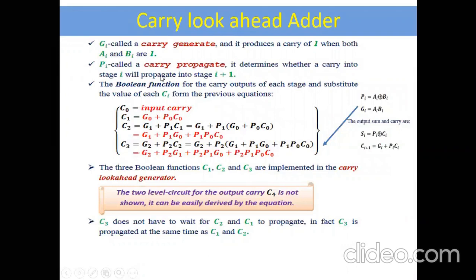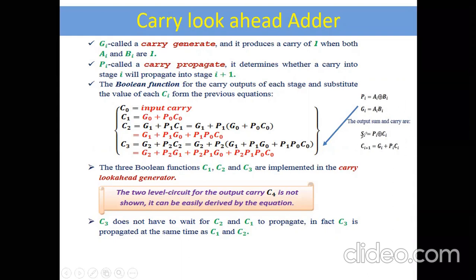In this carry look ahead adder, as I already said, Gi is the carry generate and Pi is the carry propagate. Here C0 is the input carry. Further, how are we going to derive the carries C1, C2, C3 based on the equation we designed? This is the equation we already designed in the previous section. Now we know Pi and Gi, and from this we derived this equation. So hereafter, this is the sum and carry equation.